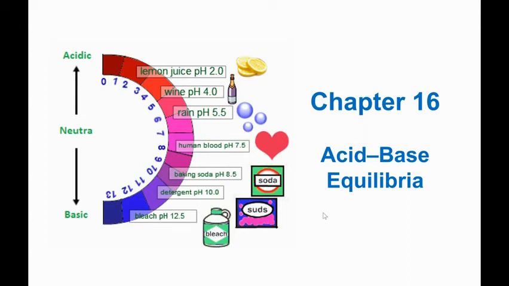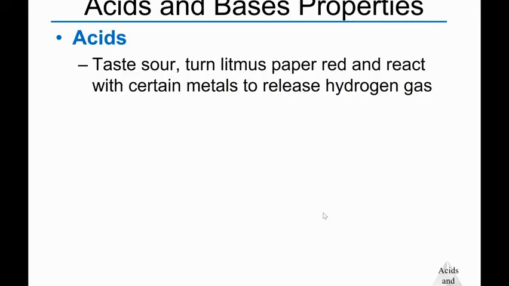Chapter 16, Acid-Base Equilibria. Let's start off by looking at some properties of acids and bases that you may be already familiar with. Acids tend to have a sour taste. An indicator, litmus paper, tends to turn red when it comes in contact with acids. And if you put a metal such as magnesium in, let's say, hydrochloric acid, it'll produce quite a bit of